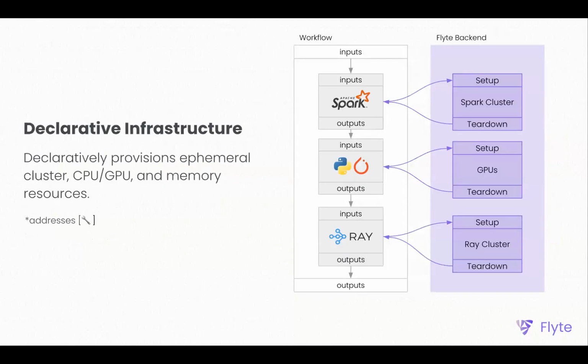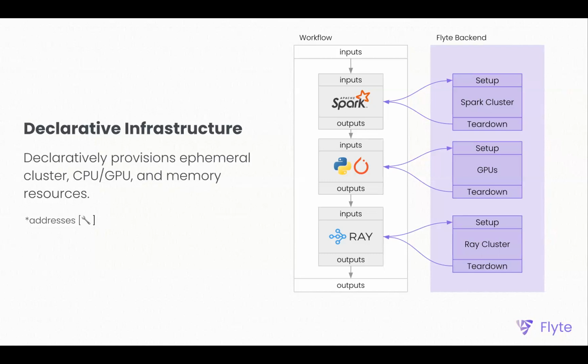And finally, not finally, the second to last point of what makes Flyte unique is the declarative infrastructure piece. This is hard to really explain. You kind of have to experience it yourself to understand how magical this is. But in a single Flyte workflow, you can have a Spark task, then a regular Python task that uses PyTorch, for example, for model training, and then a Ray task that maybe does some post-processing. And what Flyte will do